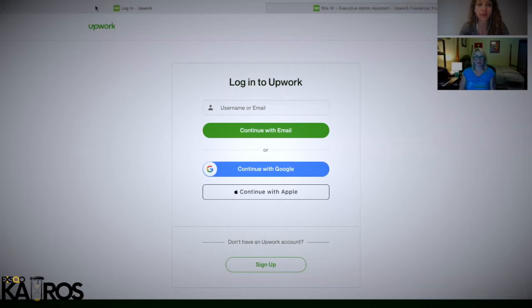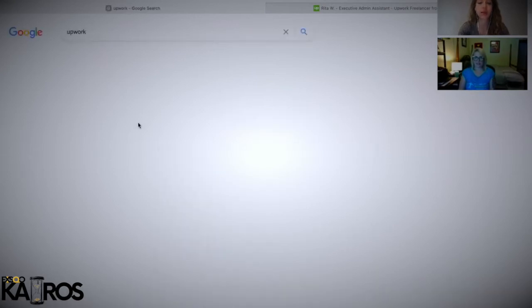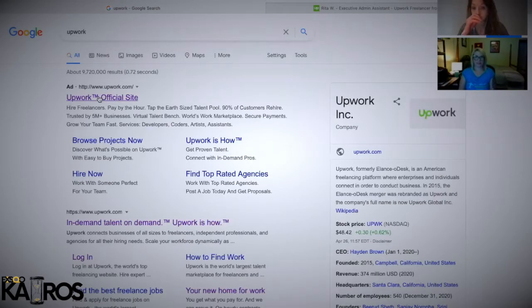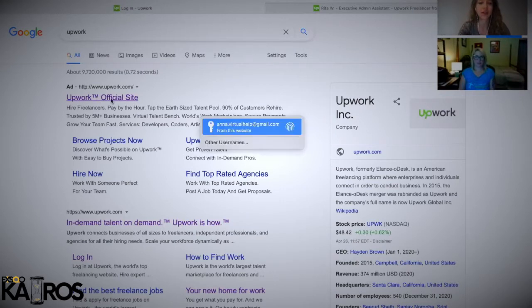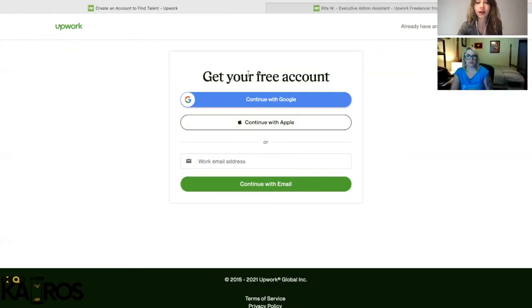Okay. I usually use Chrome, but today I'm going to use Safari for this. So basically, it's very easy to find Upwork, right? When you have Google, you type Upwork and you get it as your first result. Okay, so you go to the Upwork website, and what you need to do is get your free account,